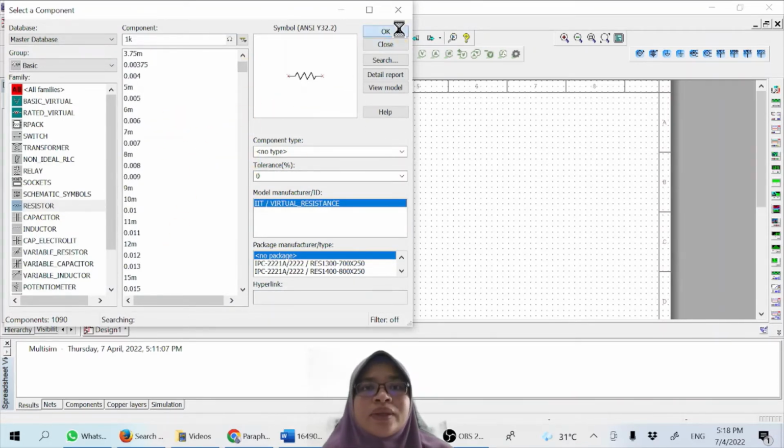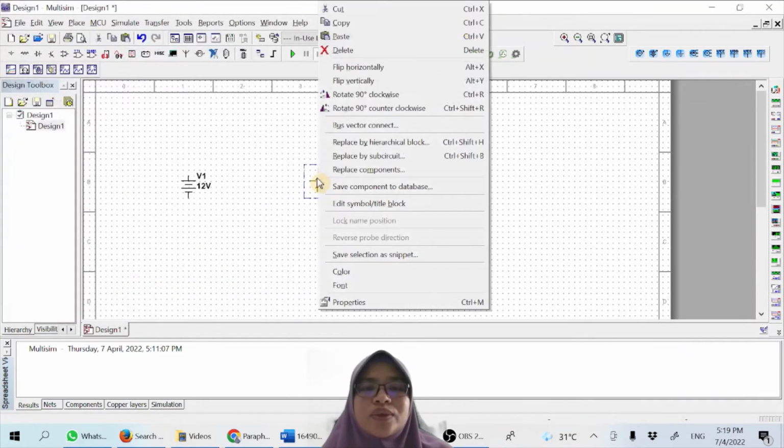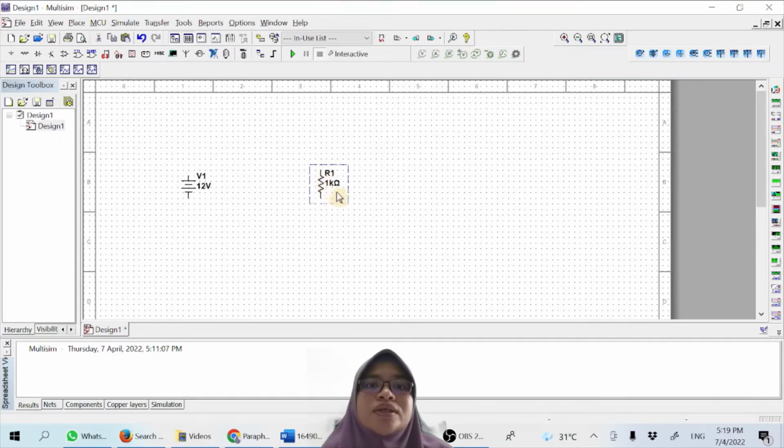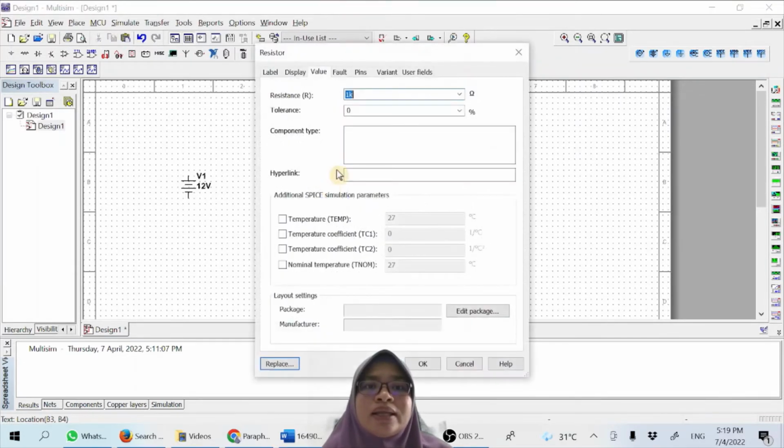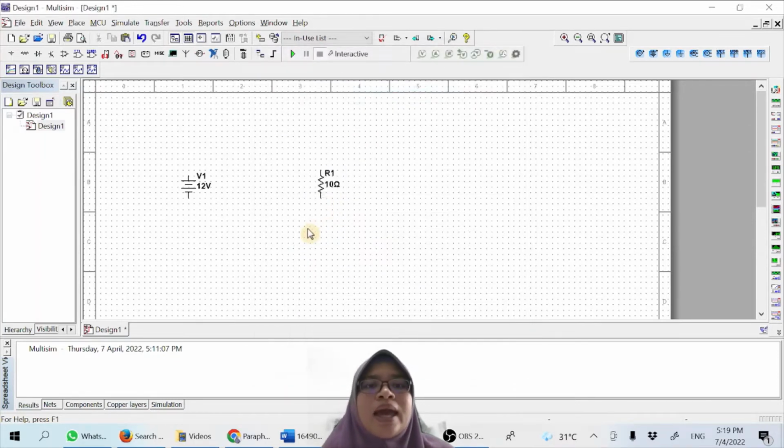change later. So I have resistor, and then I want to rotate this one so that I can get the same as what I have on the circuit. So this is what we have. So you double click there and then you just change that value. So I choose 10 ohm over there. And then what else we have is the